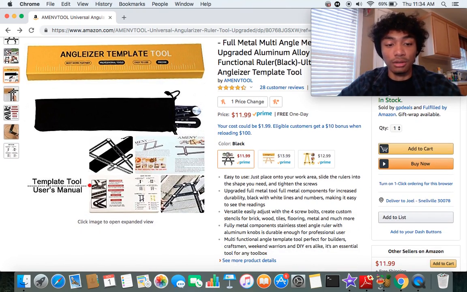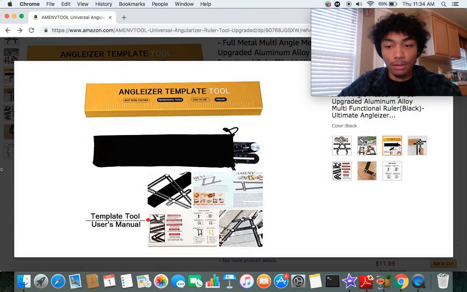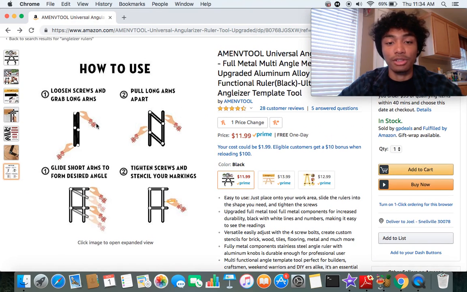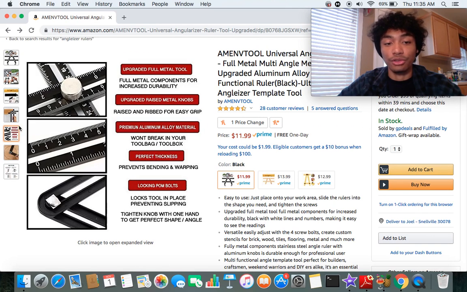Also, it looks like it comes with instructions, I believe. I can't really tell, but the instructions show you how to do that. Also in the product images, which is pretty cool. But yeah, these are all examples of the different pictures that you want to have, like pictures that talk about